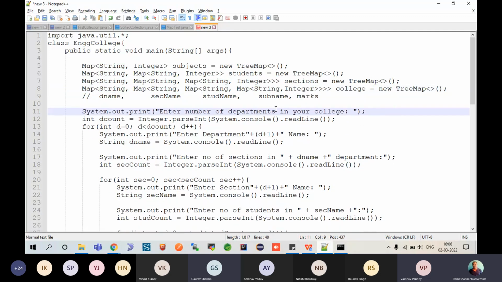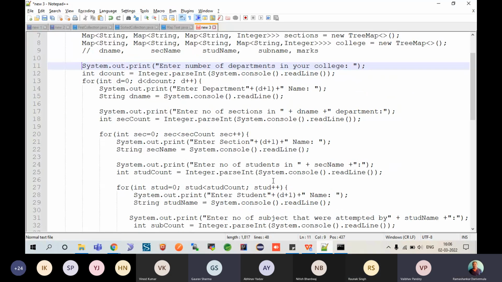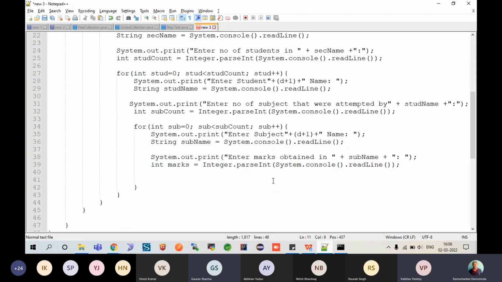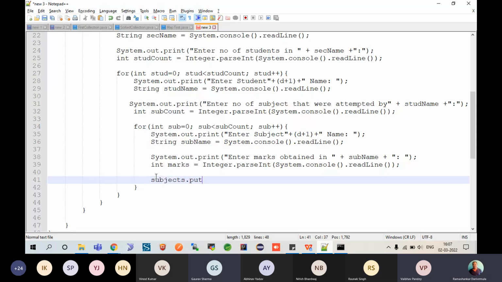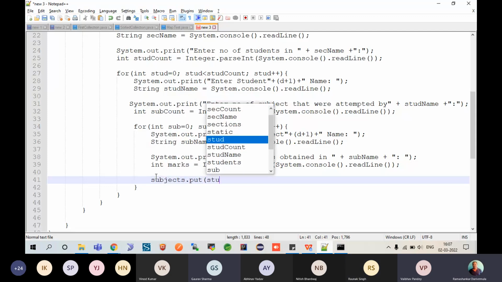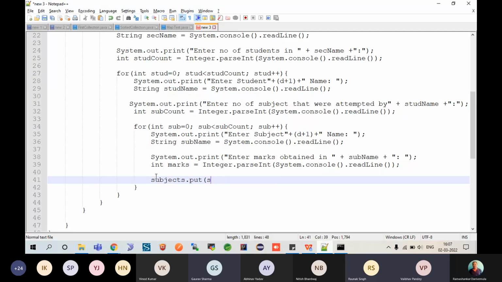Now look, I have four structures defined, and I also have a whole lot of code written in order to read them. So it was read, but I haven't added them to the actual structural elements, right? Collection elements. Now I'm trying to add them here. So I'll say subjects collection dot put the subject name,